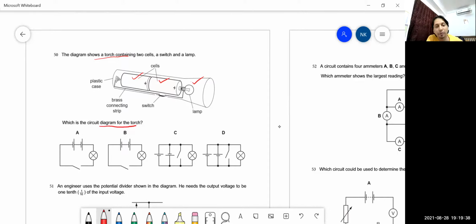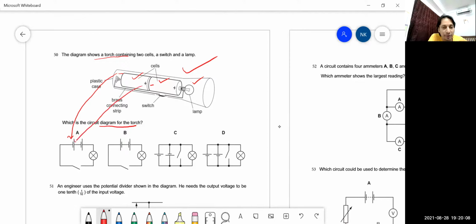Okay, generally, we also use a torch light at home if light is not there. So in this case, which circuit diagram shows the correct circuit of how the lamp and cells are connected in a torch? You know, this is the negative terminal of the torch, this is the positive, and this is the negative terminal of the second cell and the positive, then the bulb is connected. So look for this part. This is the negative side. You know, the smaller line is considered negative potential. Then after negative we have the positive.